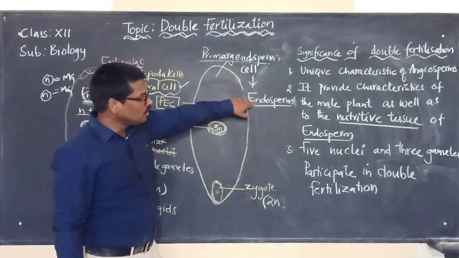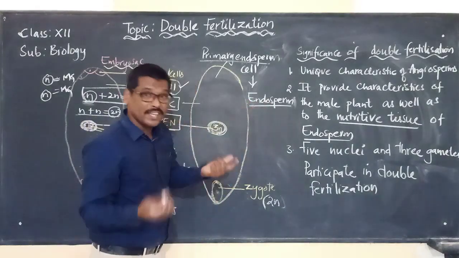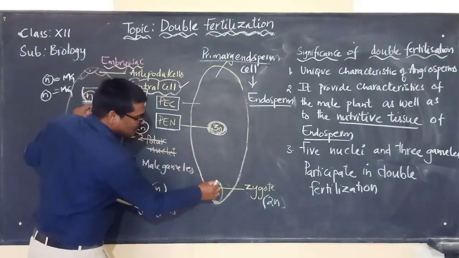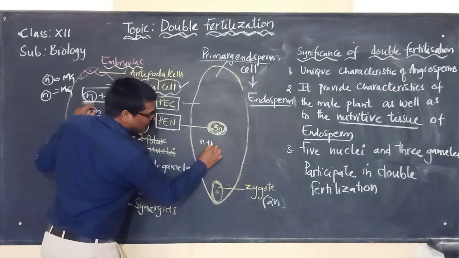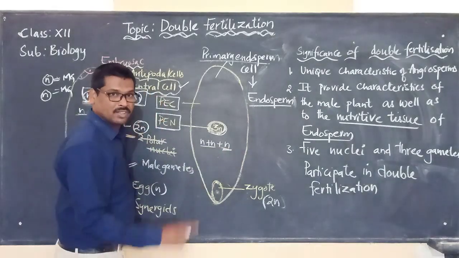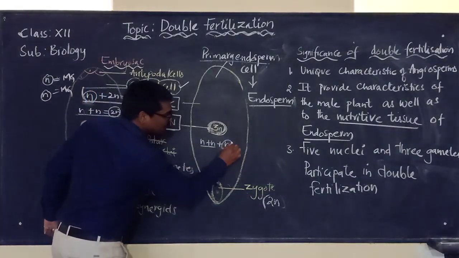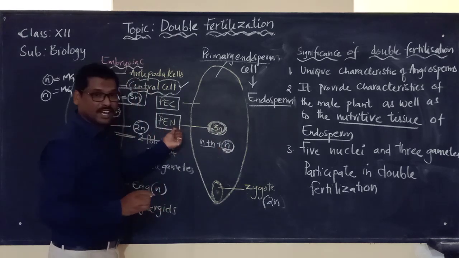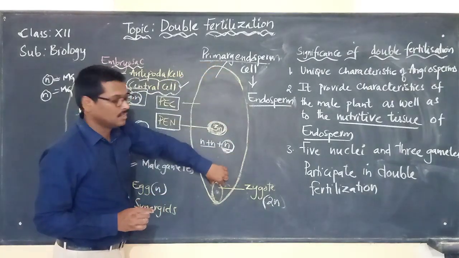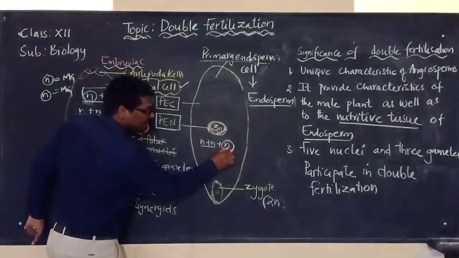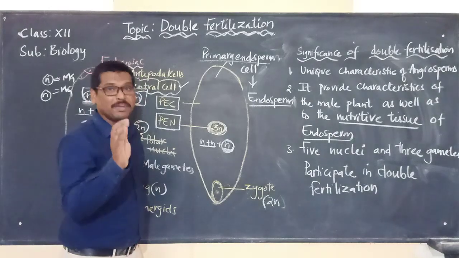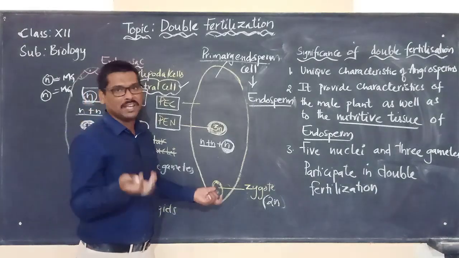So how is this endosperm formed? It is formed by triple fusion. Triple fusion means two polar nuclei and one male gamete. So a male gamete is involved in the formation of the primary endosperm nucleus, which is present in the primary endosperm cell. In this cell, the male gamete has fused with the diploid nucleus, which means this cell will compulsorily be carrying the male characteristics.